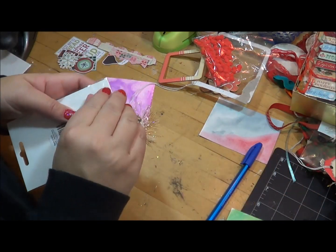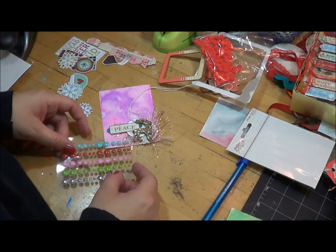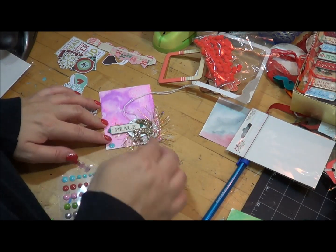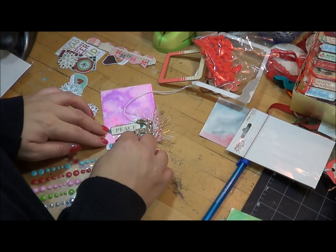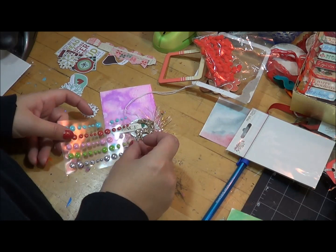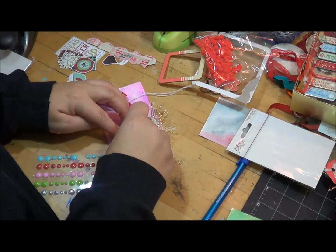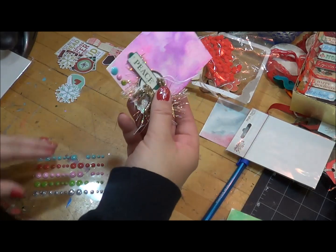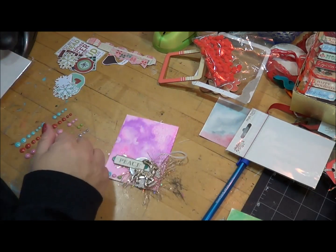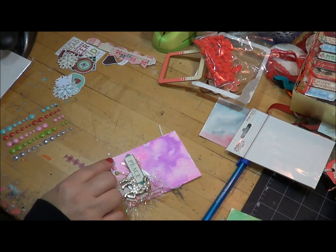But I think I'm going to come in here and add these. I love these little enamel dots. And I like them because they're on a clear backing as well. They're kind of clear, so you can play around with them and see what would look good. May have to find a little piece of turquoise since I added that, like that. And there you have it. There's your first little cluster. And then you can also come in here and add, if I want to bring that little turquoise out a little bit,